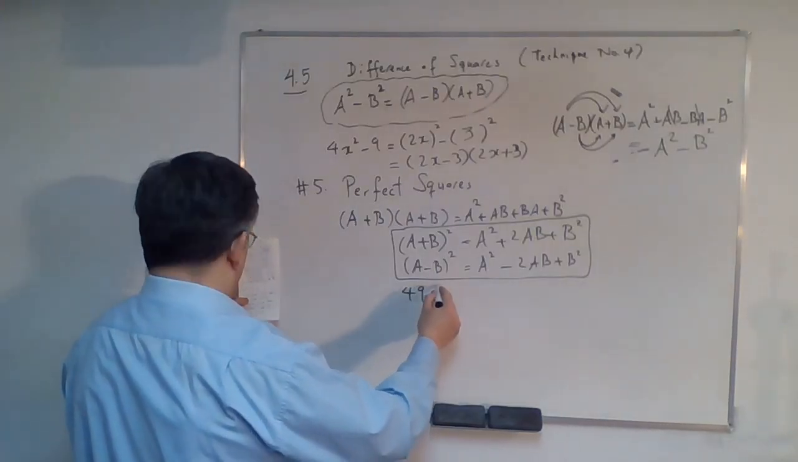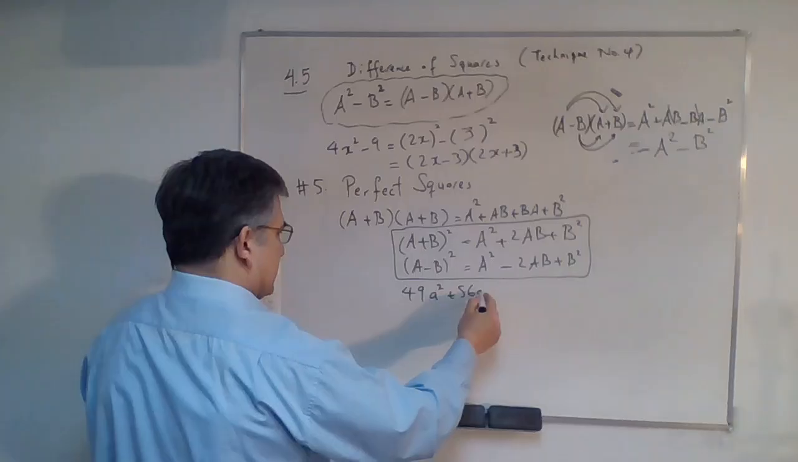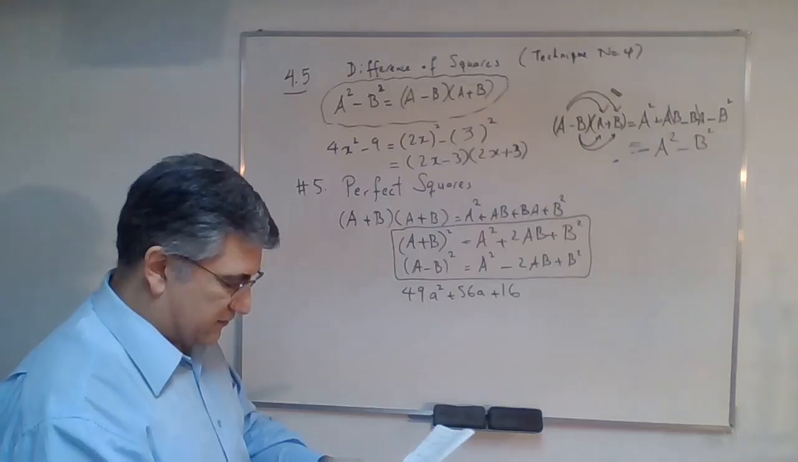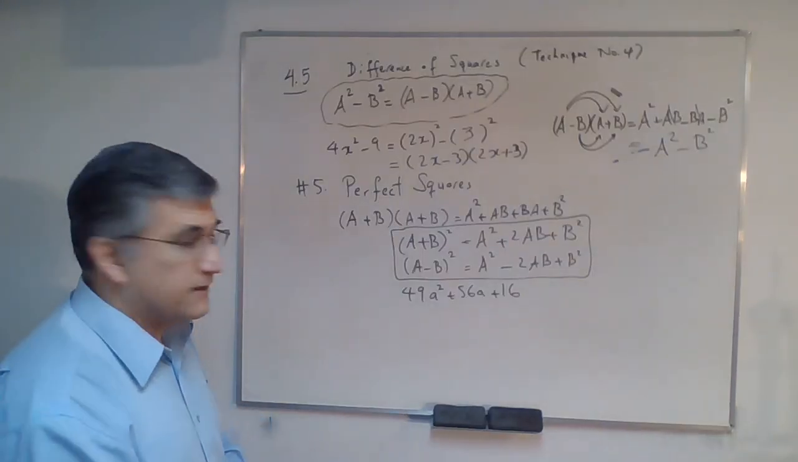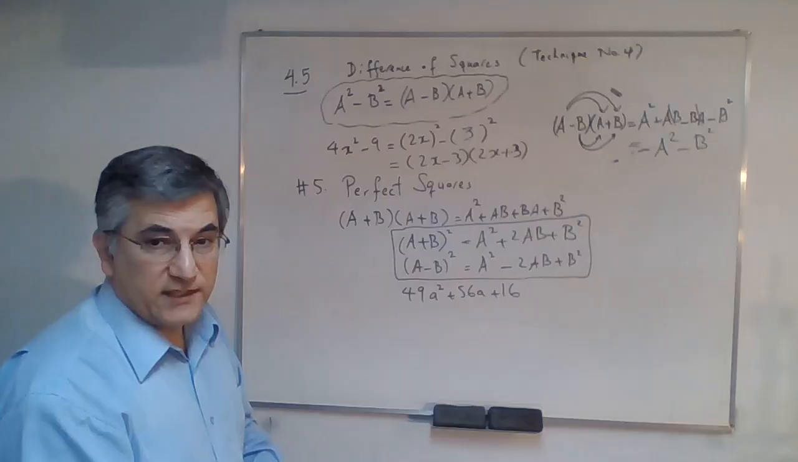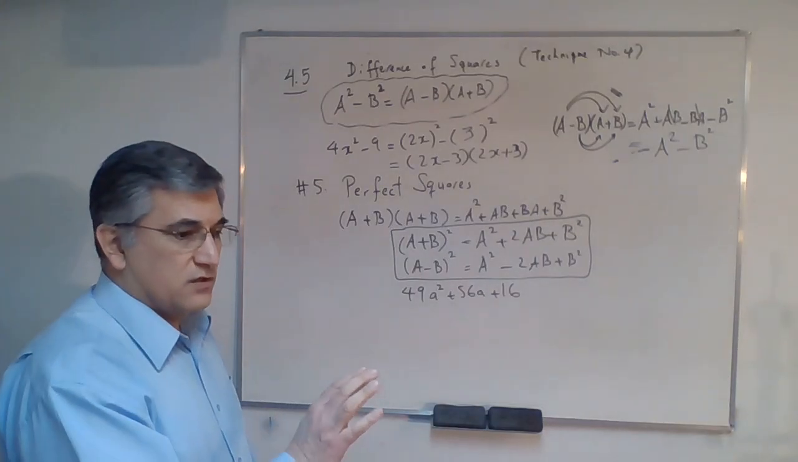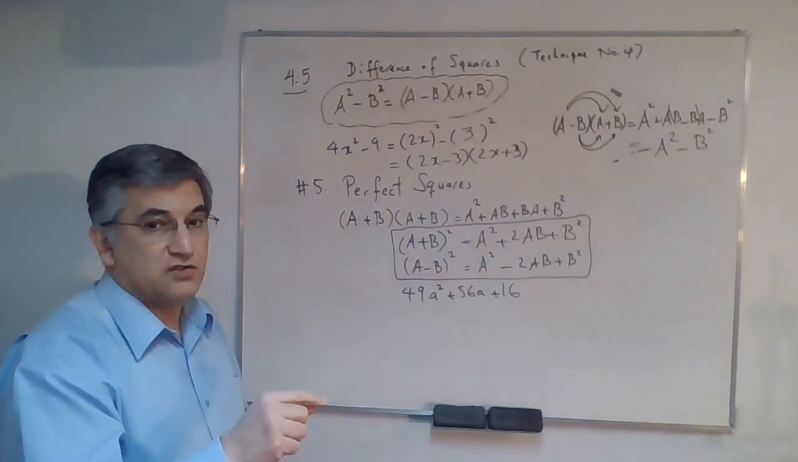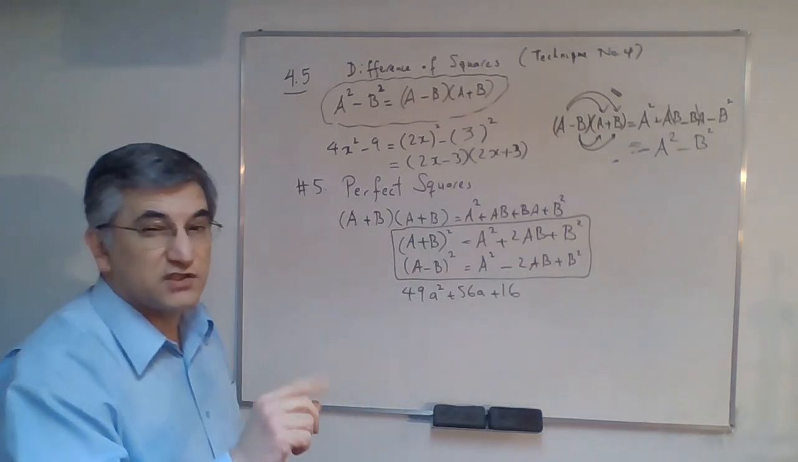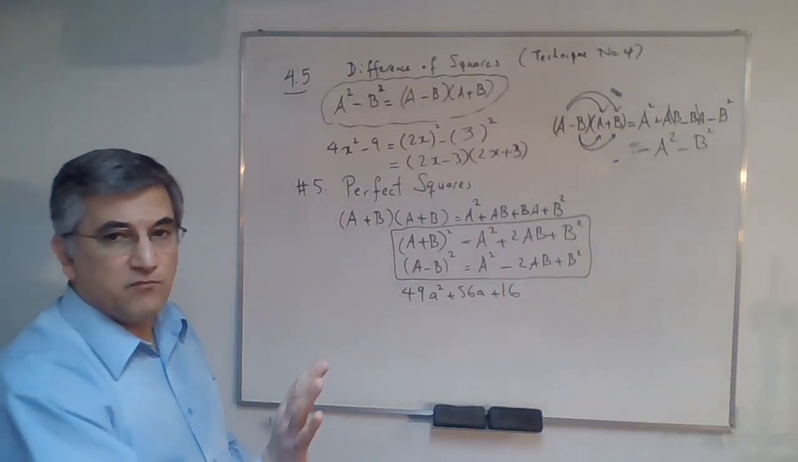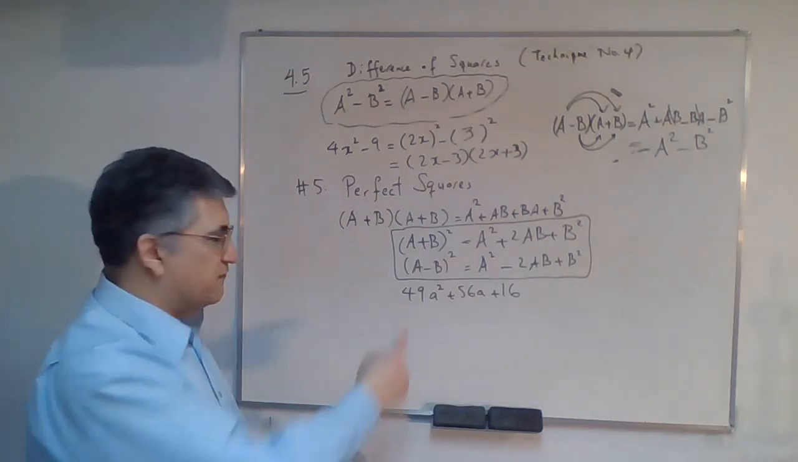It says 49a squared plus 56a plus 16. And the question says factor. So we have to factor this quadratic trinomial. Now, before rushing and before starting to use the former technique I taught you, it was number 3, decomposition method. Before you do that, you just hesitate for a moment and carefully look at the first and last